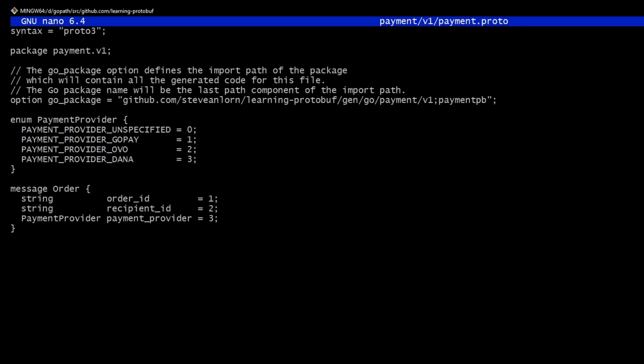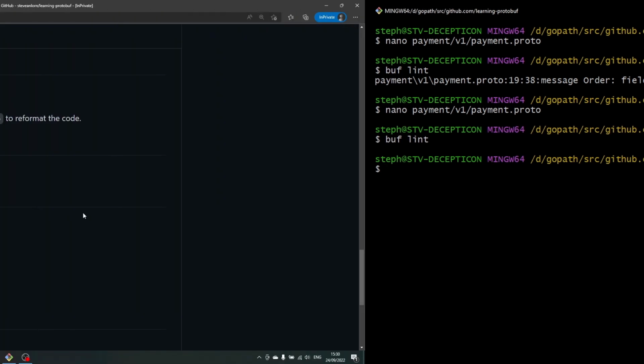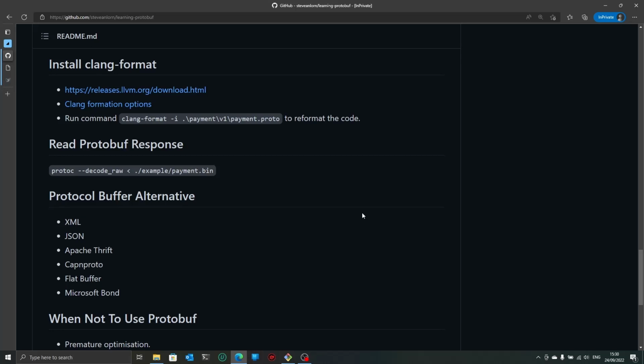Let's fix it. And then run the linter again. Right? That's it. So we can use the linter to detect any invalid proto file format. Cool. In this section, I'm going to show you how we can do formatting for our proto files using a